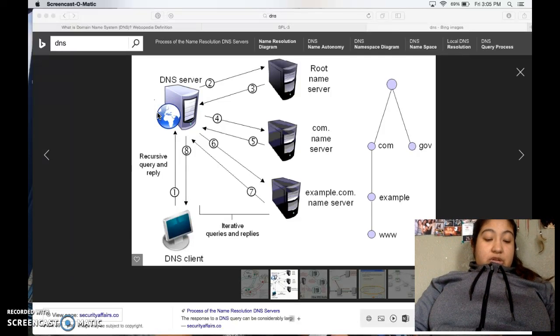DNS is distributed throughout the internet in a hierarchy of authority. DNS servers answer questions from both inside and outside their own domains. When a server receives a request from outside the domain for information about a name or address, it provides the authoritative answer. We, as people that go on the internet and type in a website that we want to see,